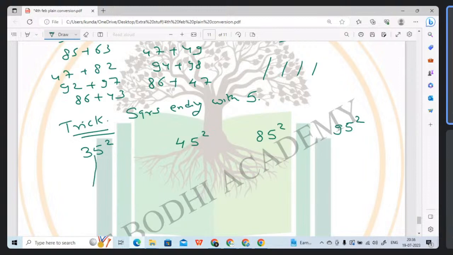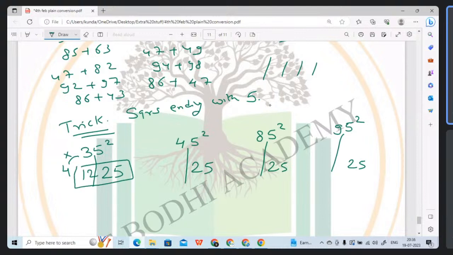कुछ नहीं है, बहुत सिंपल है। इसको बीच से ब्रेक कर दो। 5 स्क्वायर कितना होता है, 25। इसमें भी 5 स्क्वायर है, कॉमन आ जाएगा 25। इधर जो नंबर है, ये 3 है। 3 के बाद क्या आता है, 4, मल्टीप्लाई करो। 3 4 12। आंसर इज 1225। दिस इज द ट्रिक। सेम यहाँ पे भी 4 के बाद 5। 4 5 20। आंसर इज 2025। 85 स्क्वायर, 5 स्क्वायर 25। 8 के बाद 9। 8 को 9 से मल्टीप्लाई करो, 72, आंसर 7225।